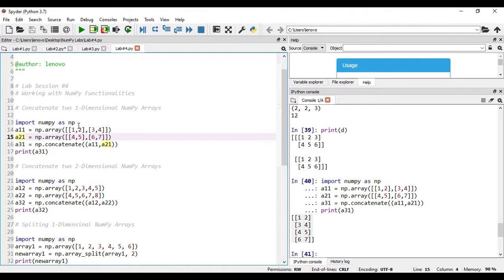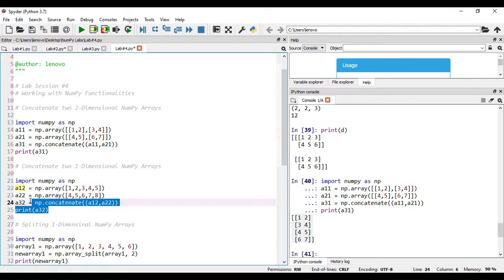What happens if you do the same thing for one-dimensional arrays? In this case, you see I am creating two one-dimensional arrays A12 and A22. By using the same concatenation function, I am trying to concatenate the elements of A12 with the elements of A22. The results I am keeping in A32 array. Right?